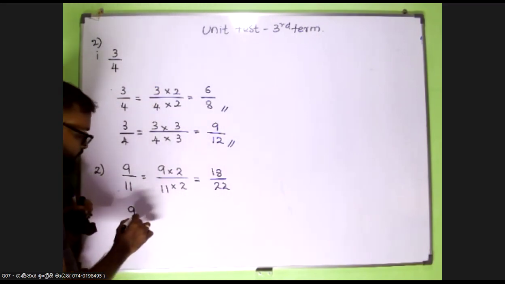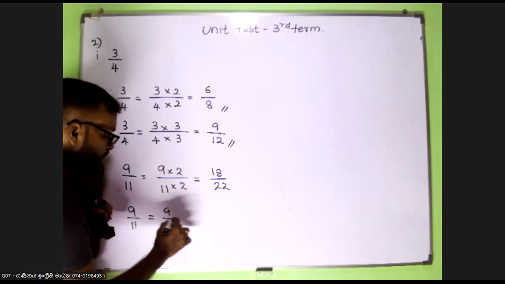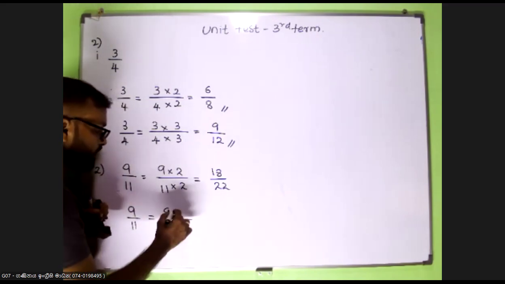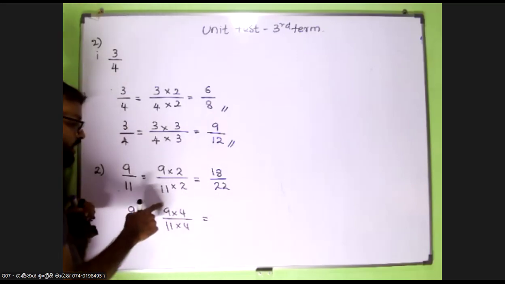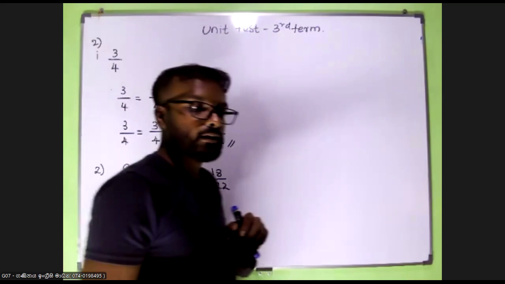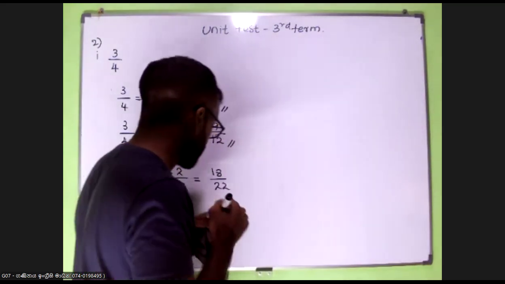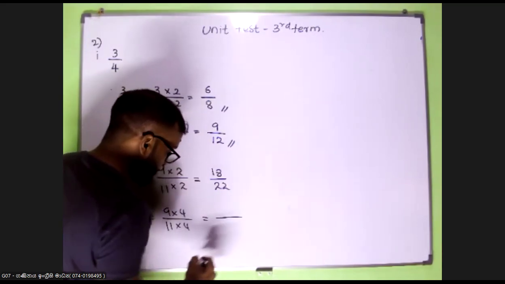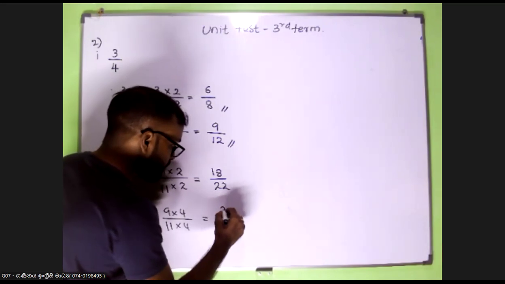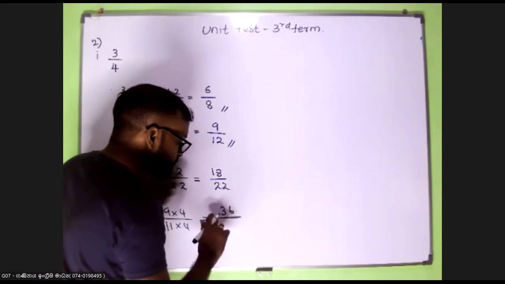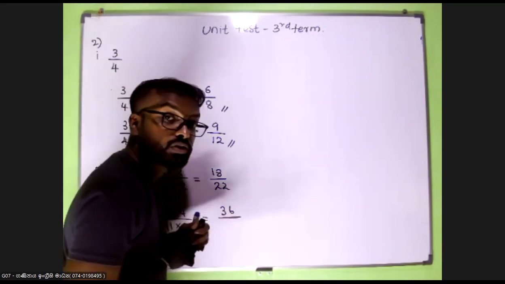And by using the same method, right? I will use a different number. 9 over 11, multiply by 4 and multiply by 4, right? Very easy. 9 times 4, 36. Okay, got it. Super. Right, 11 times 4,